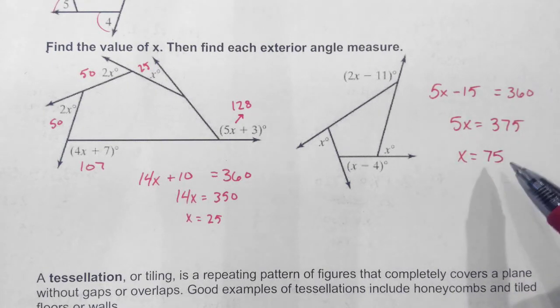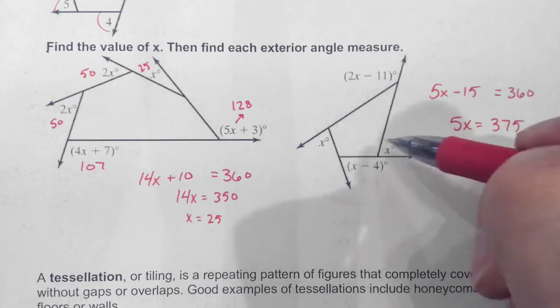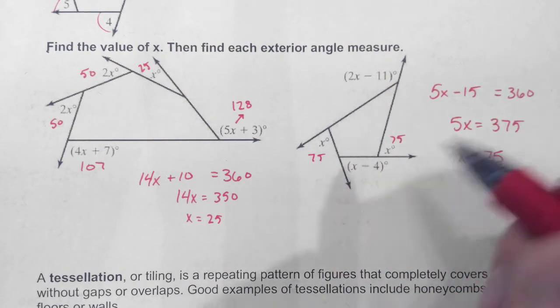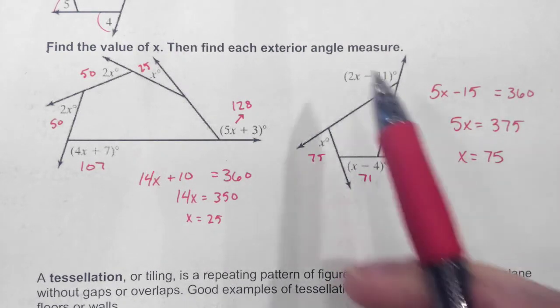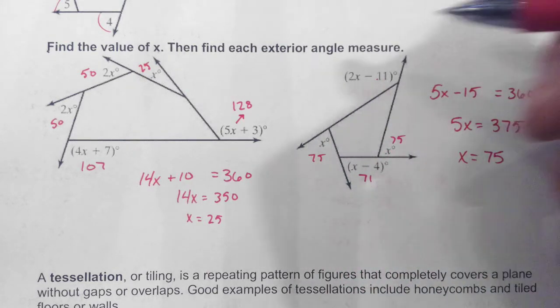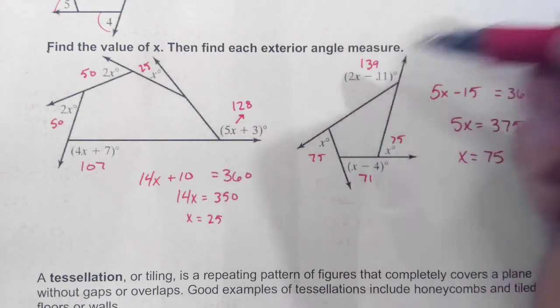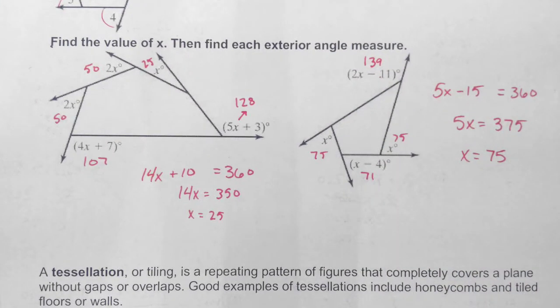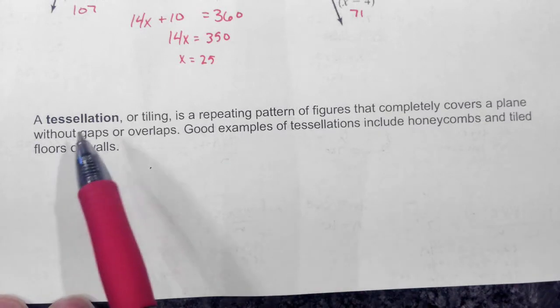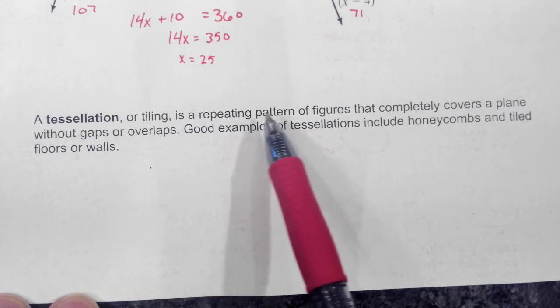X is 75. Plug it in, and these angles, of course, are 75 each. 75 minus 4 is 71, and 2 times 75 is 150. 150 minus 11 is 139. Do those add up to 360? Yes, they do. So there you go. Simple, simple. The last thing, just a quick note, a tessellation or tiling is a repeating pattern of figures that